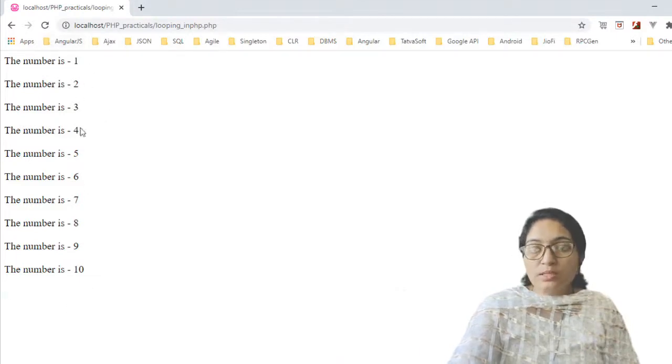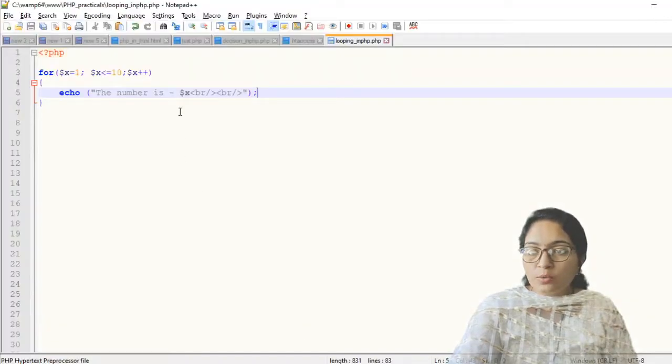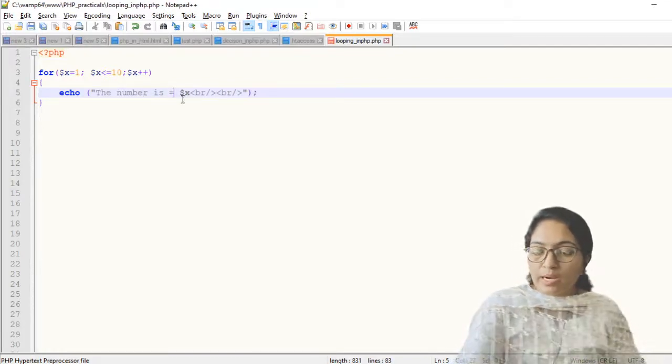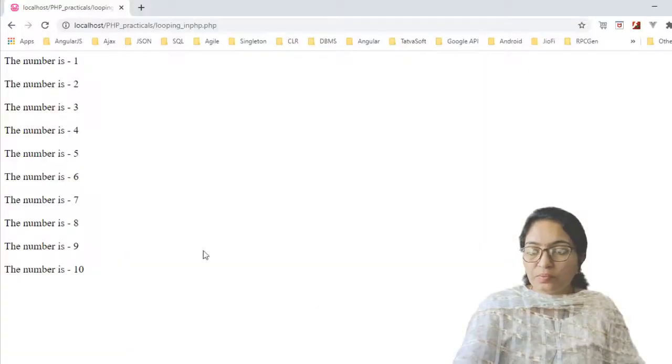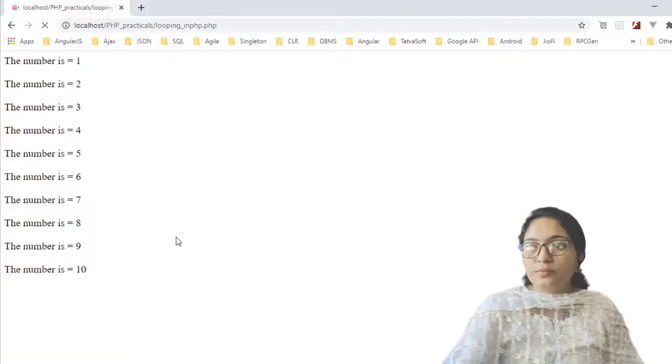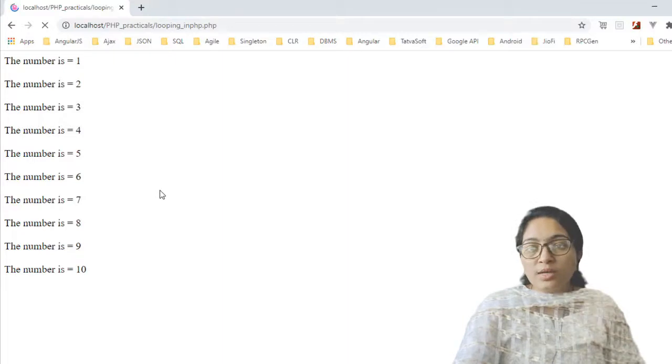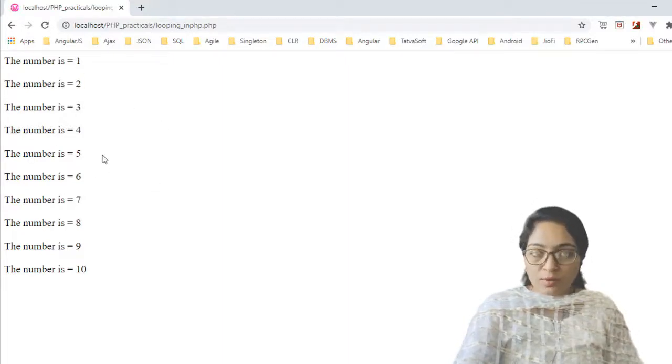Now you consider this output. Suppose you are changing anything over here, like "the number is equal to", so we will get a better idea. Press F5. You just have to save the practical, then refresh it.